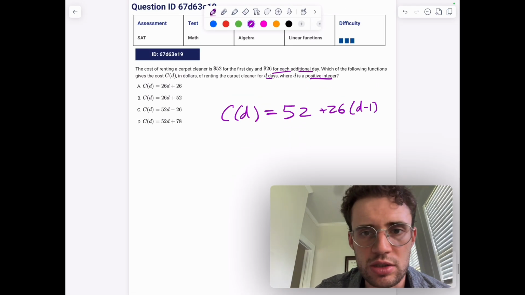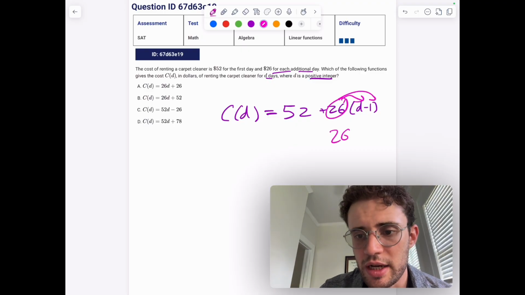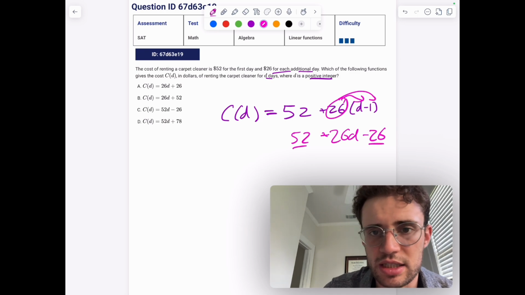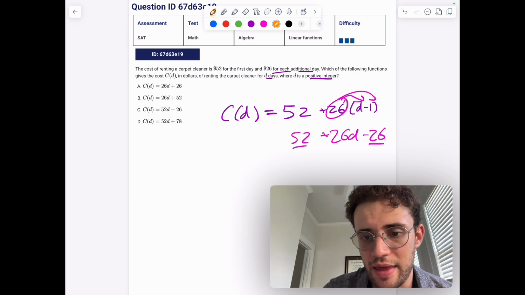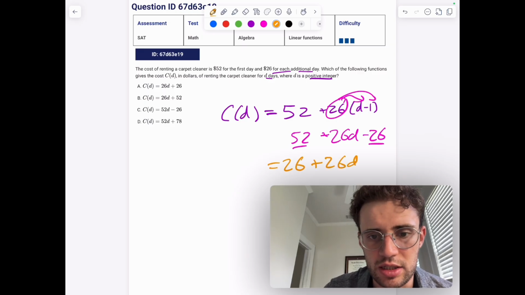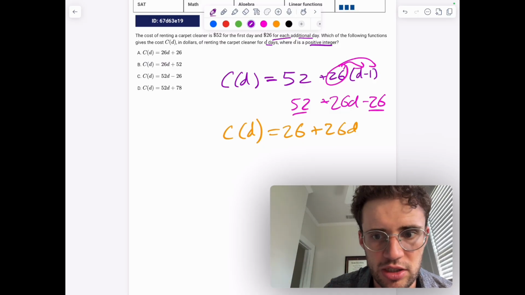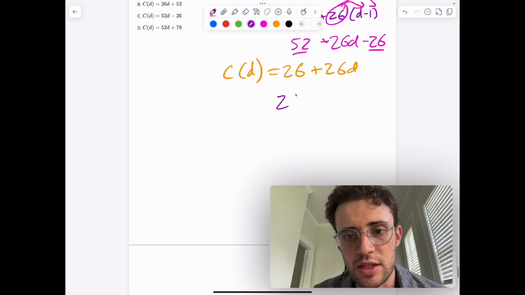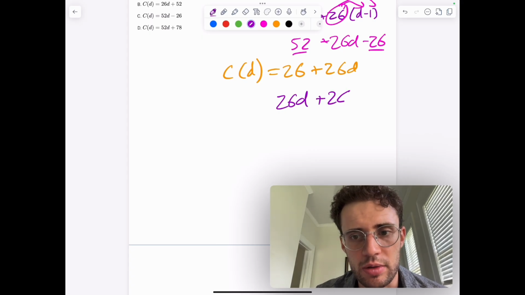So it looked like this. Again, they didn't distribute it, so we have to distribute. It gives us 26D minus 26, and then we still have that being added to the 52. So 52 minus 26, those are like terms in this case, and that would just be 26. So 26 plus 26D is equal to C of D. And you could change the order of these. It looks like they're putting the D term first. So the commutative property of addition, it doesn't matter what order you add things. This will become 26D plus 26